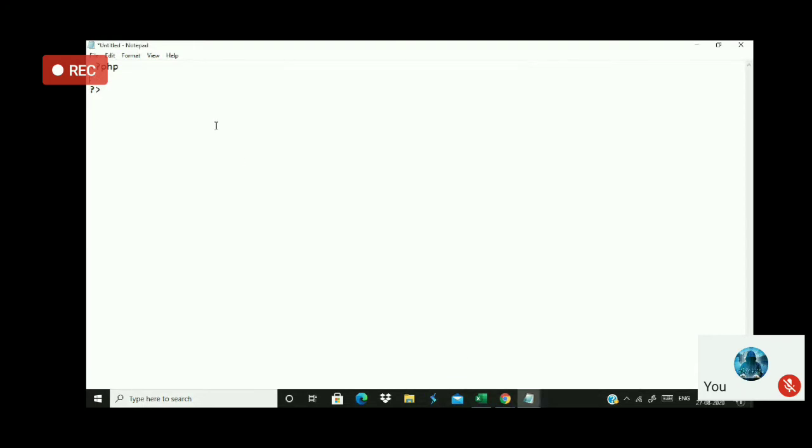Now listen carefully. How to first give the inputs here. For inputs, I'm giving names of the students equal to array. I write Aravind, then Wiki, then Bhanu Prakash, and the last one I'm writing is Ram Kumar. These are the names. Let us assume that these are the names of the students.